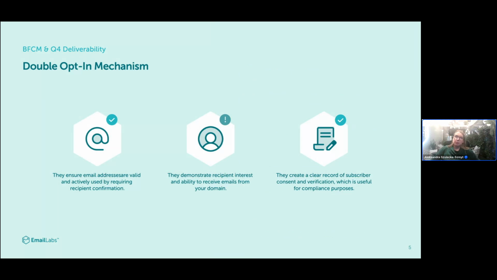They put their email address in the special window, and then they receive an additional email from you where they can confirm that they actually want to receive emails from you as a sender. So they have to opt in twice